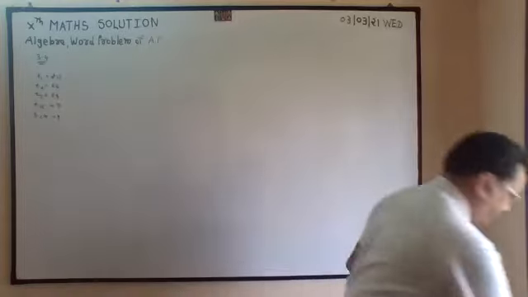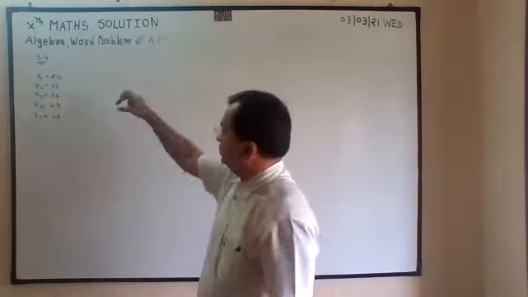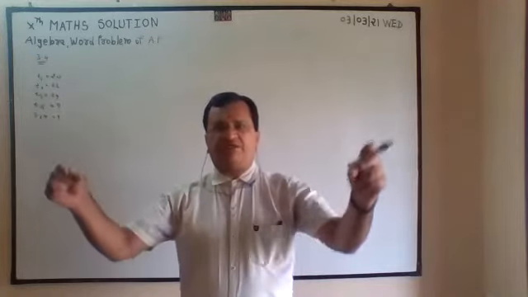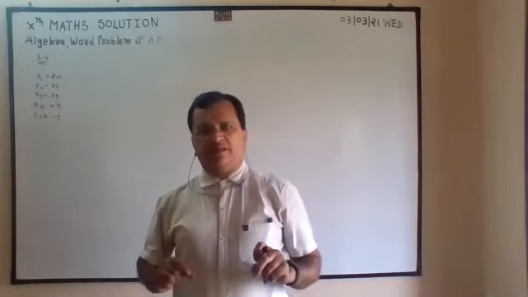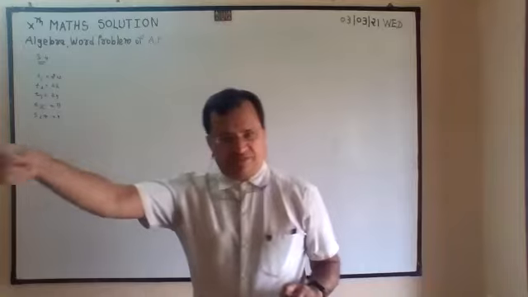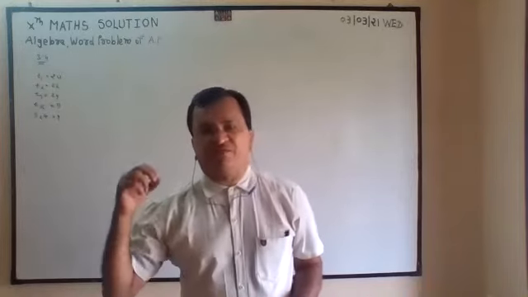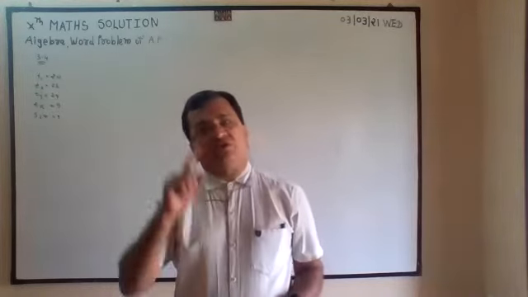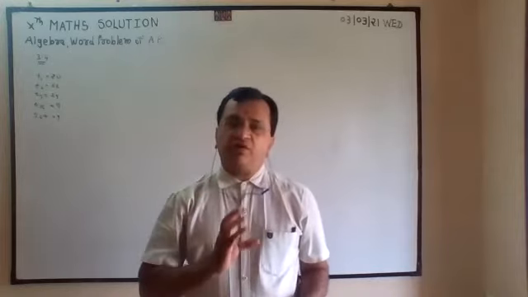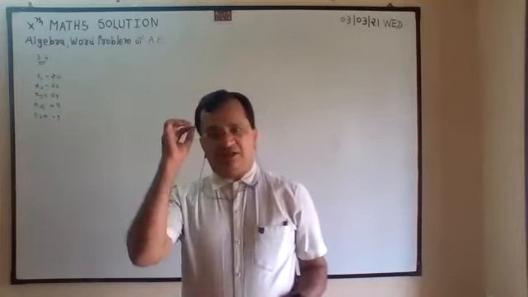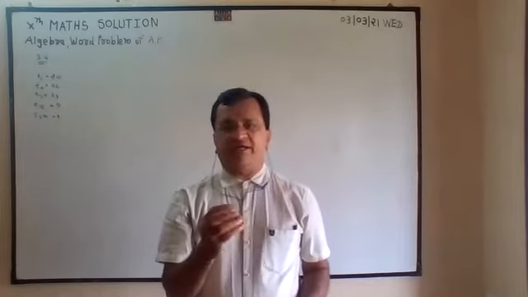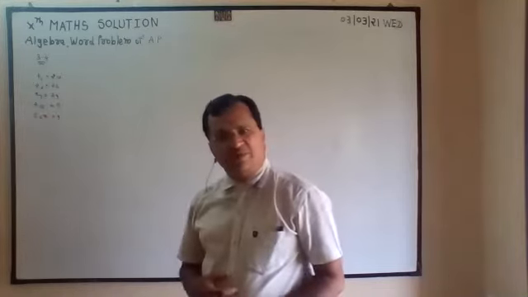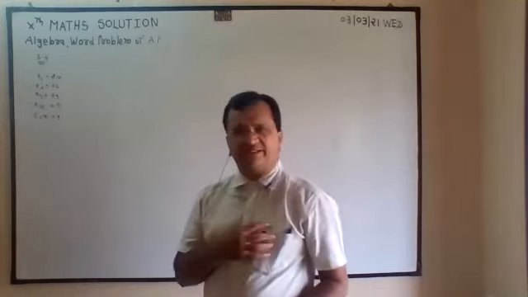Two different questions they have given. In the first row, 20 seats. It is a triangle type arrangement: 20 seats, 22 seats, 24, 26, 28, 30. So on the 15th row, how many seats? So we want T15. There are a total of 27 rows. So the total number of seats, how much? At that time S27. Whenever you have to find S, whenever you have to find T, it should be very clear in your mind, otherwise people will find S15, T27, no meaning. So you should know exactly what the question is.